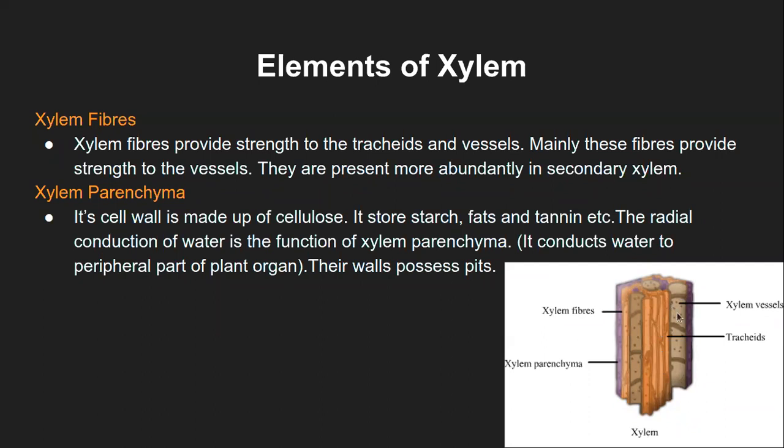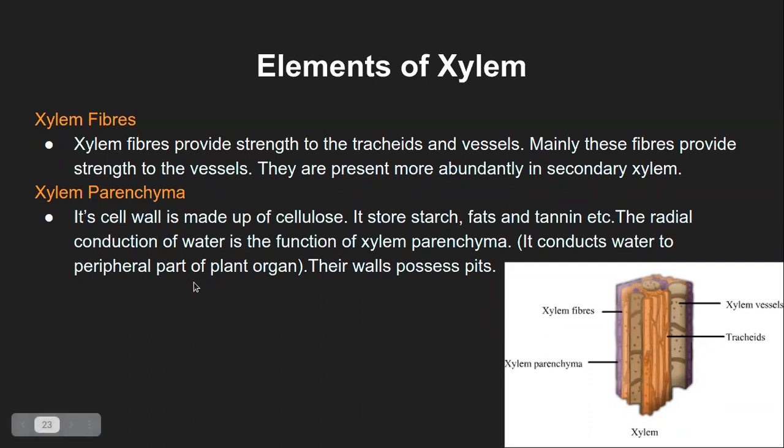Similarly, there is the xylem vessel, which has a bigger diameter or bigger lumen, and no transverse septum as such. But if at all it is present, it will again be porous, and the xylem vessel has the end wall, that is the transverse septum-like structure present at the end of the tube. So that's it, the tracheid and the xylem vessel.